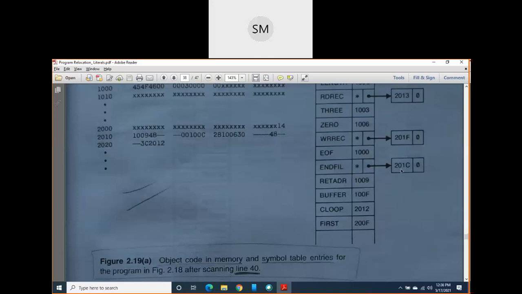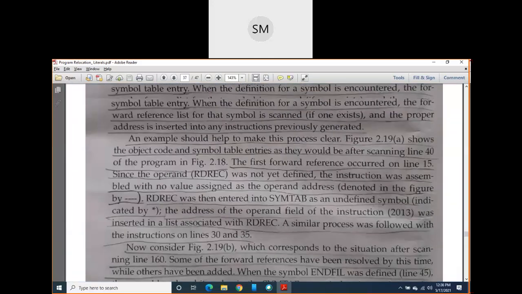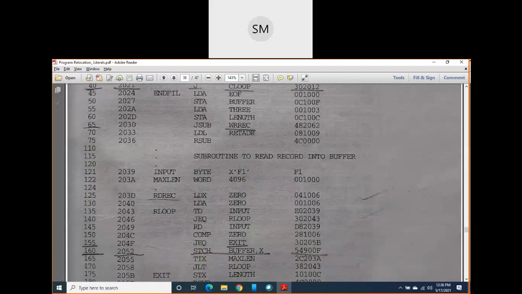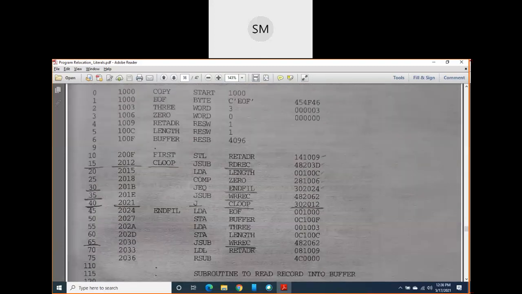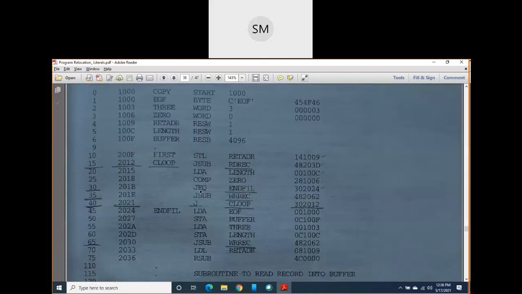So what it does, it creates one linked list, and in this linked list it mentions the address of the instruction in which end file is an operand. So you go back and see that end file is the operand of the instruction JEQ, and the address of this JEQ is 201B.